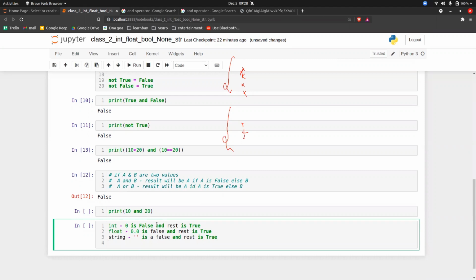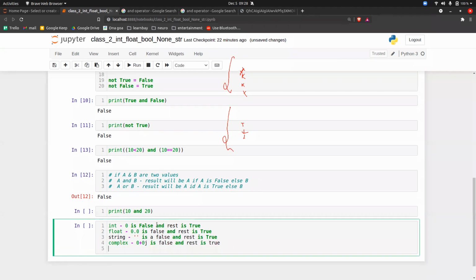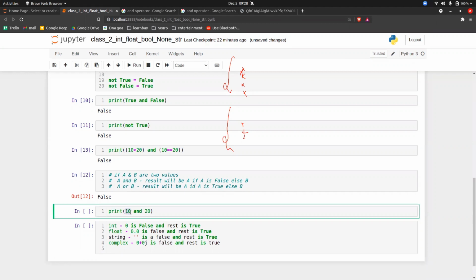If I talk about complex numbers, then 0 plus 0j is false and the rest is true. Okay, so this is the thing that you have to remember. So is 10 true or false? If you convert 10 into Boolean, the answer will be true. Same for 20, it will be true.